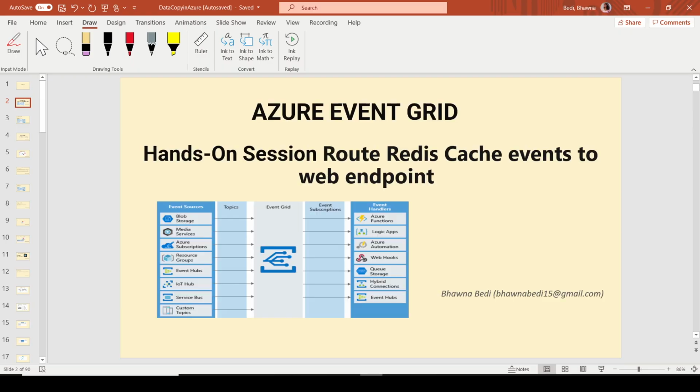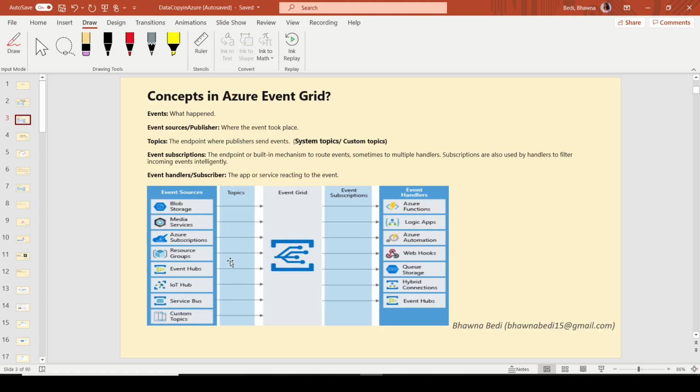If I go back to my PPT that I explained in my previous video, you can see that here we have not created a custom topic, we have created a system topic, and we have subscribed to it through webhook. Then whenever any event occurred in our Redis cache, for us it was scaling, you were able to see it.